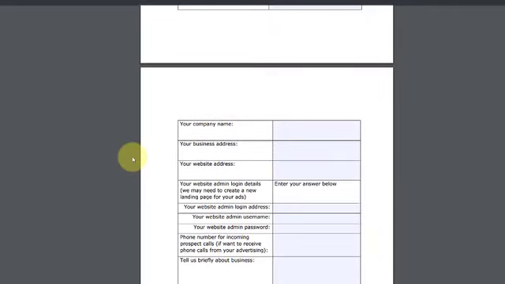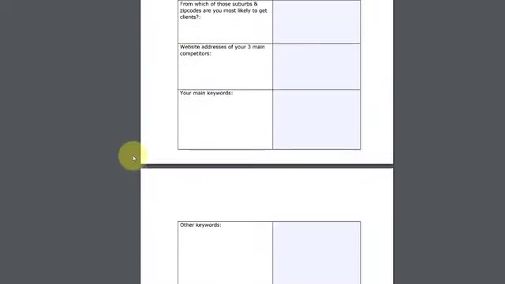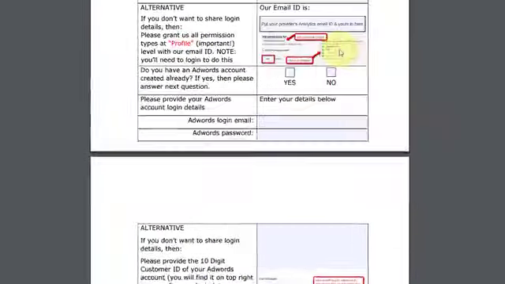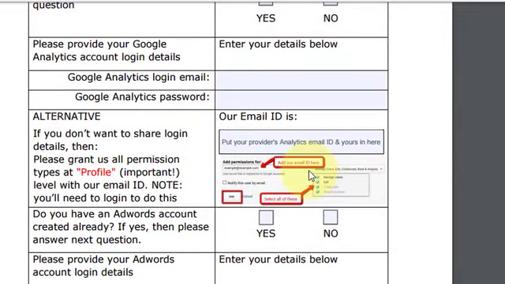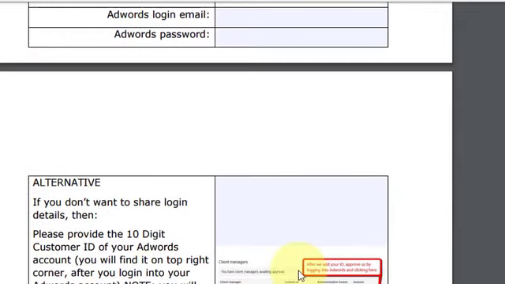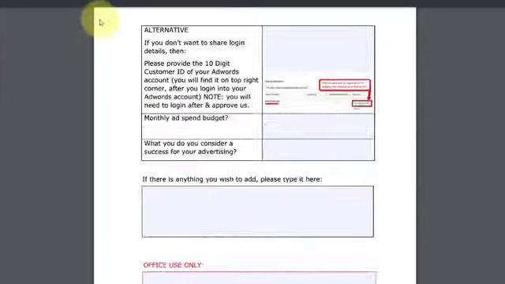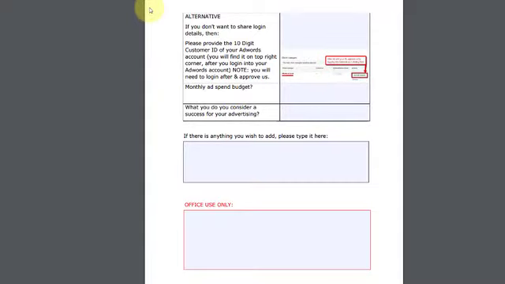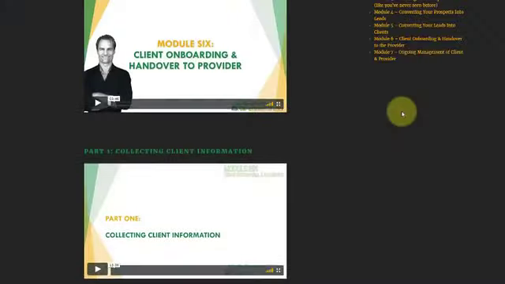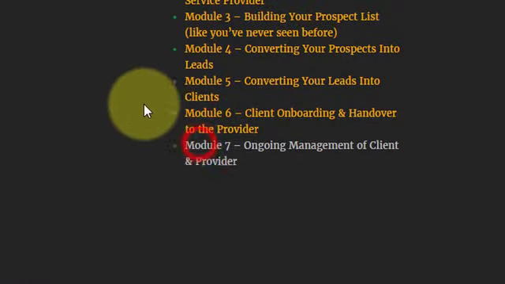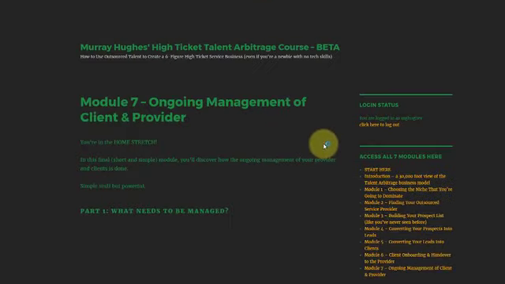This is what it is. This is for getting your client ready to start getting results with your service. So you want to get this from your client and then you give it to your provider. Okay, and then I've even included images here so they can see what they need to do. And here as well. This doesn't make much sense to you at the moment because you haven't gone through the course, but I hope you can see I've been very, very thorough in showing you exactly what you need to do. Final module. So you can see there's a lot of information here, and this is all the information that you need. We go to module 7,